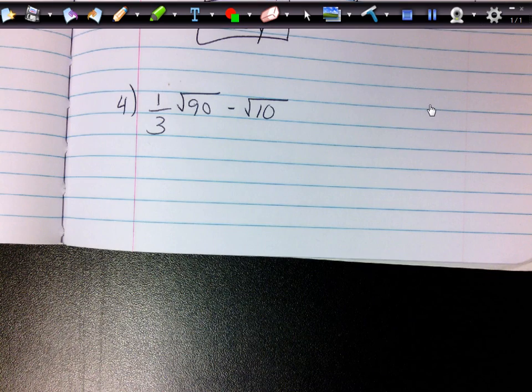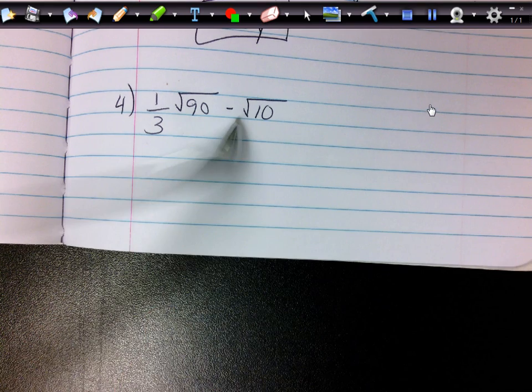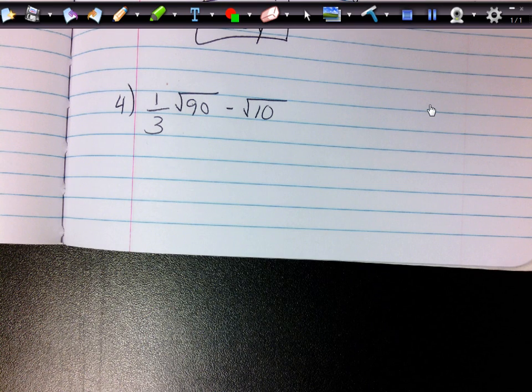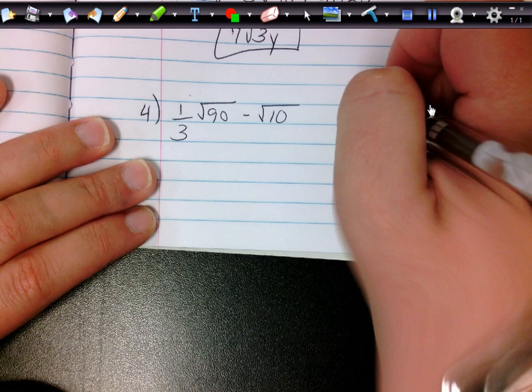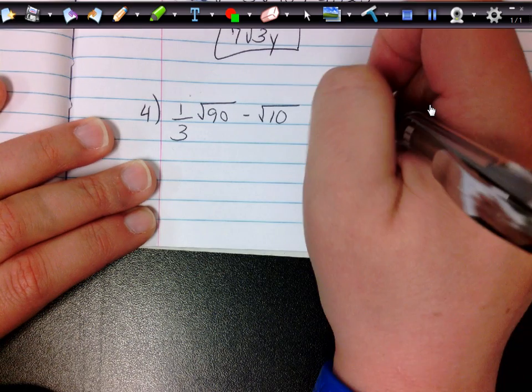Alright, go ahead and write down number 4. I have 1/3 square root of 90 minus the square root of 10. Now again, right now the square root of 90 and the square root of 10 do not look the same. However, they haven't both been reduced. So we're going to go over here and reduce 90 and 10, so I'm going to upside down birthday cake